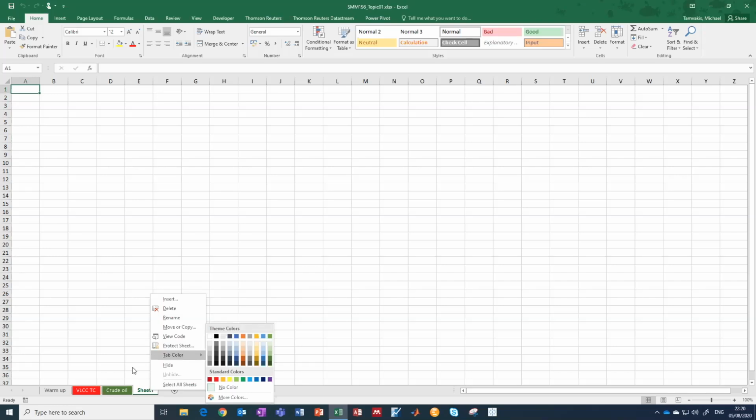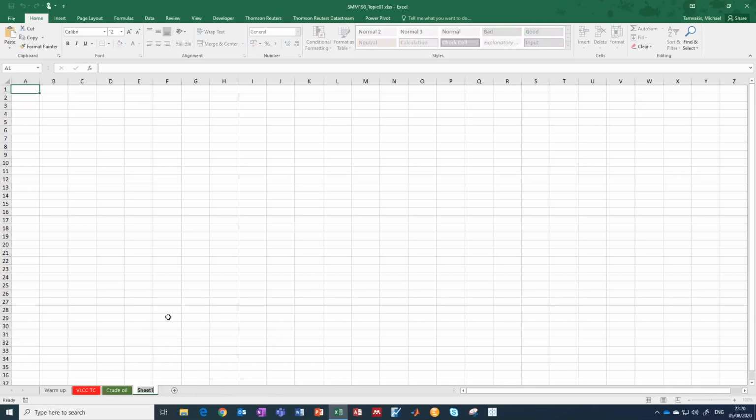So in this case, let's say we want to rename it. By renaming it, you will see the sheet name is highlighted, and then all you need to do is to type your own name. You can have spaces, you can have underscores if you like. Now remember that if you're linking formulas which are on a different sheet, Excel will use the full name of that sheet plus the location of the particular formula, something we're going to see in a bit, known as the